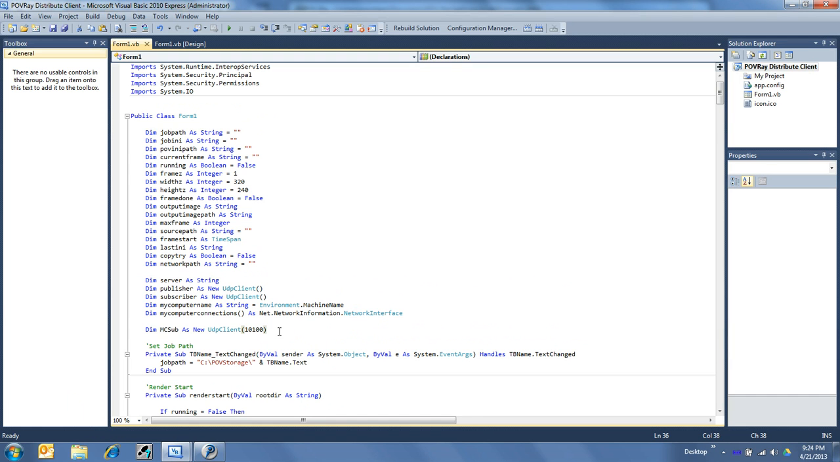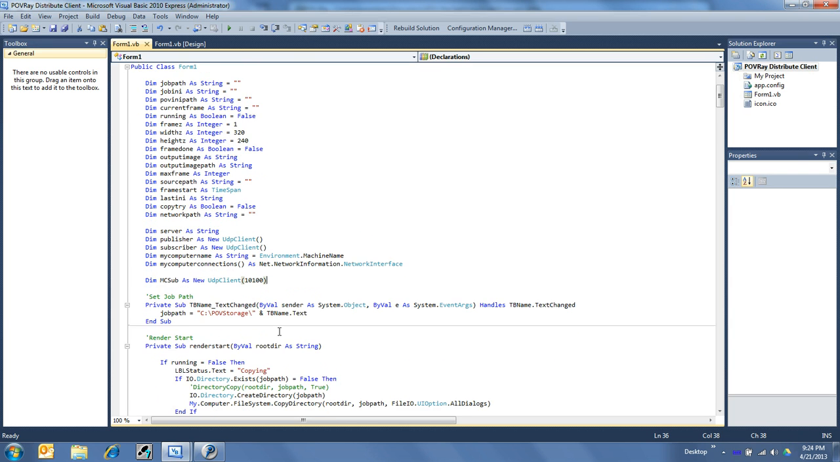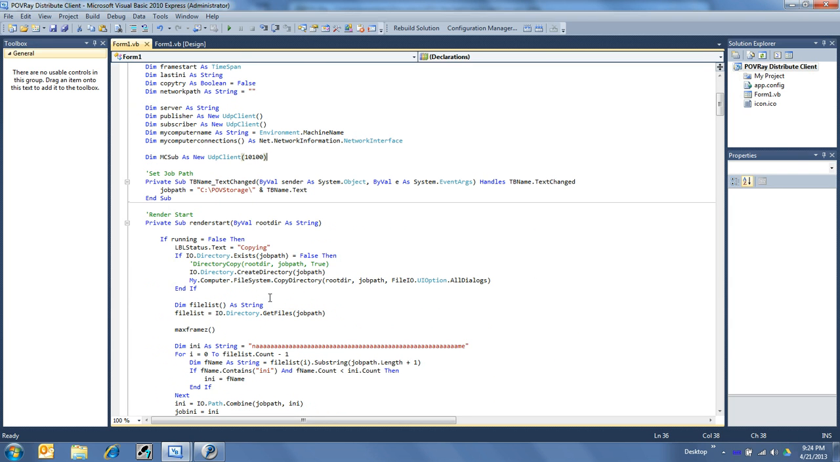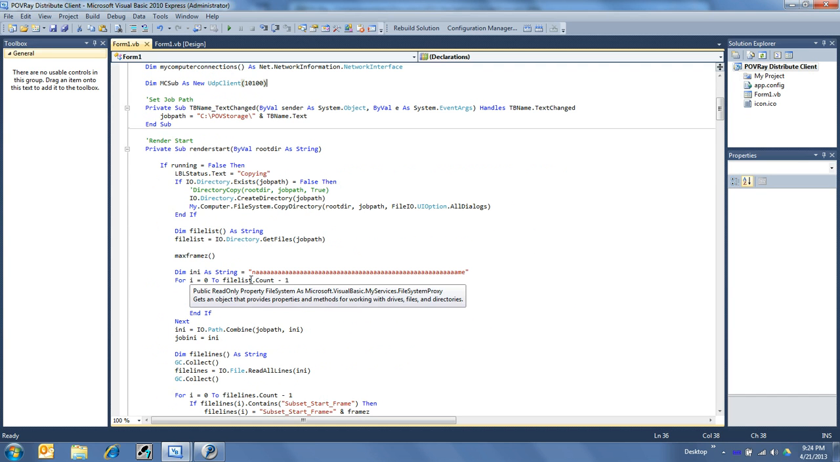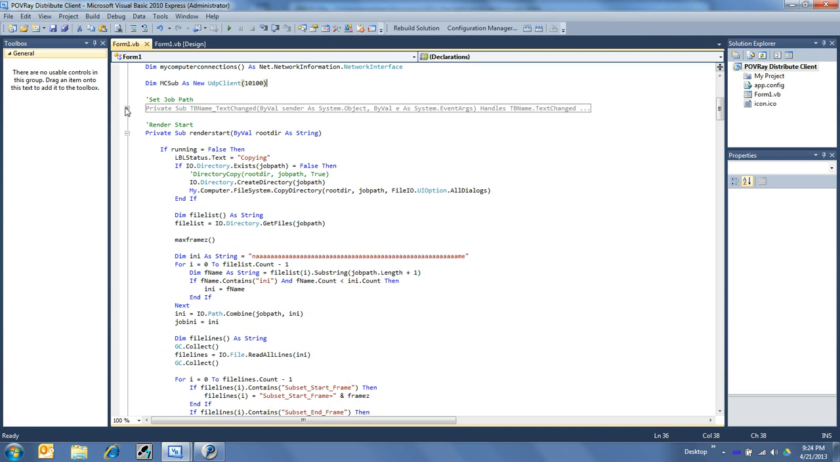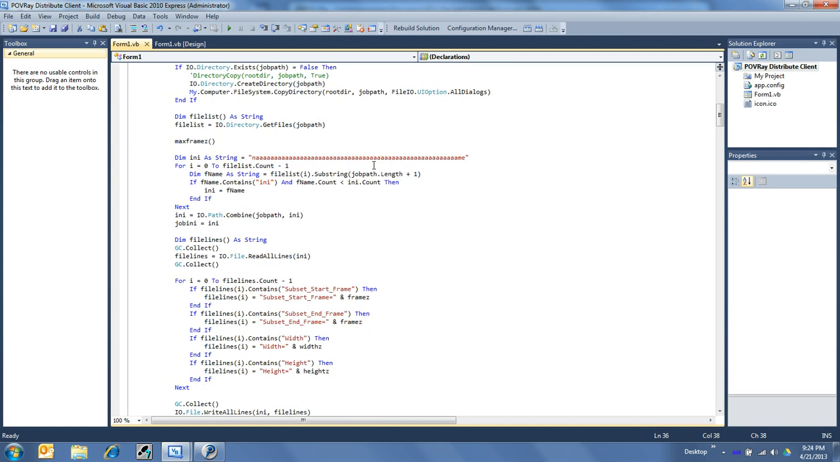And the multicast subscriber basically replies over multicast back to the server to say, oh, I'm here, accept me, you know, love me, whatever. Let's see. So this is setting the job name. And let's see, render start. Now, render start